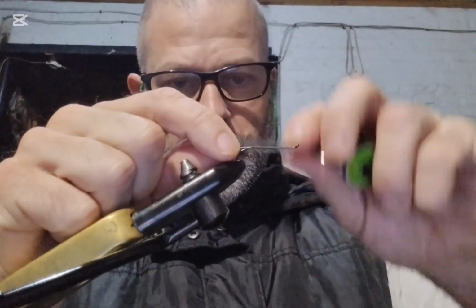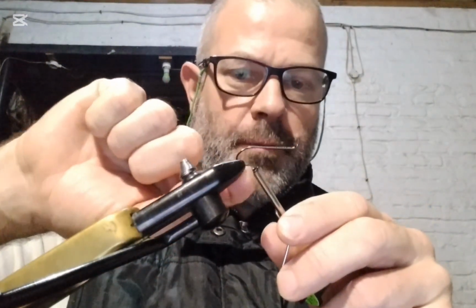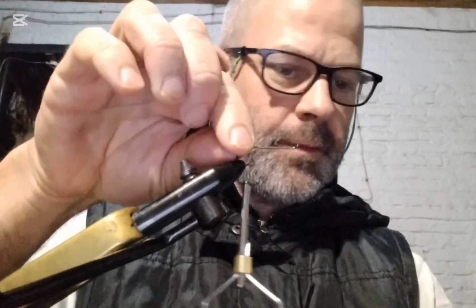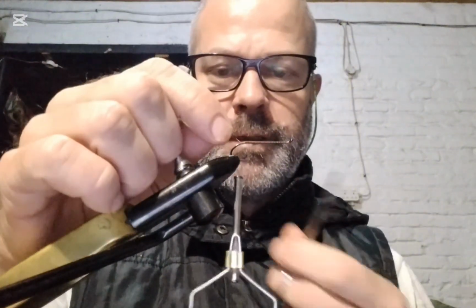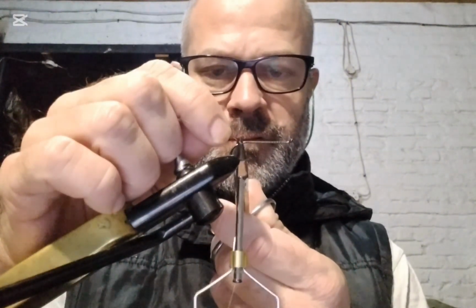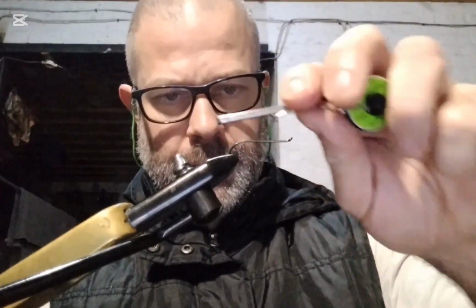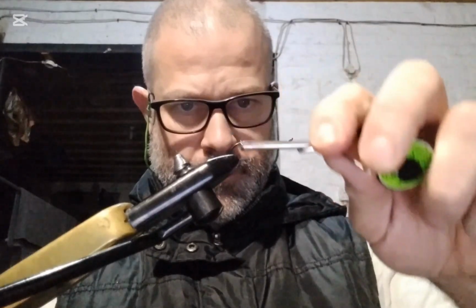Put on some thread here. I flattened the barb here, but basically I'm going to go all the way back to where the barb of the hook is. I'm going to take a bit of thread down because I want to start my tip at the barb of the hook. Right, go down, not very much. Okay,